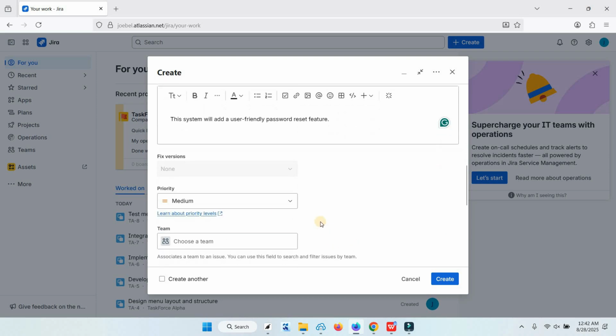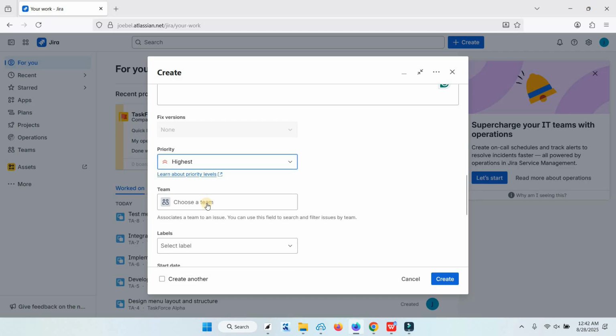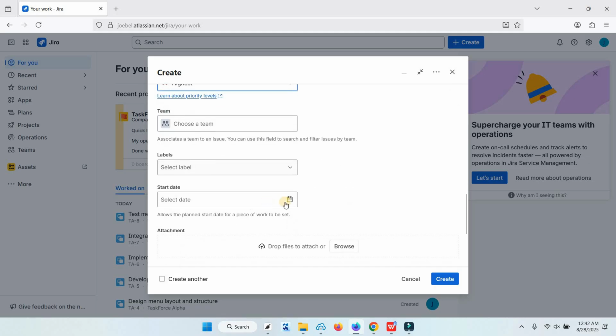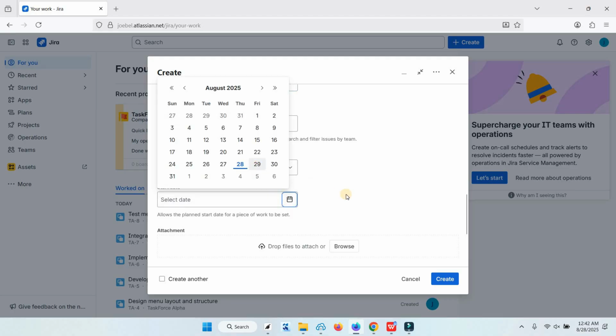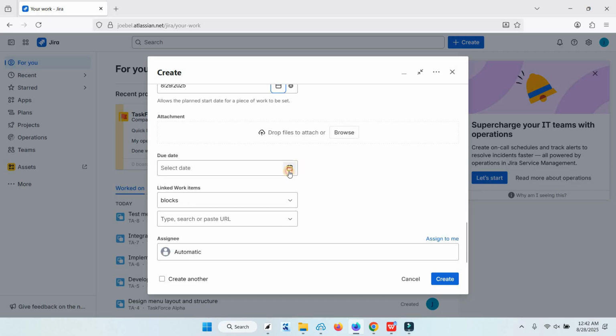Then scroll down, you can set your priority. For instance, let's say it will be the highest, and choose a team to work on this story and select a start date. You can add more information by attaching documents, and we will select a due date,